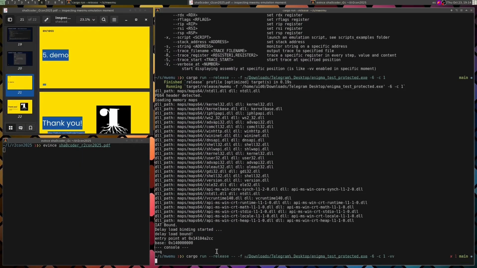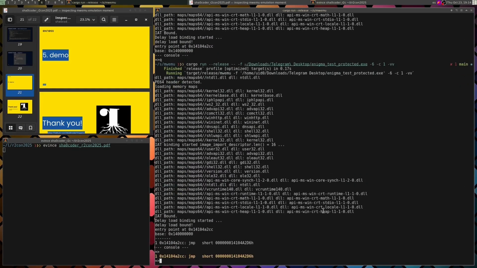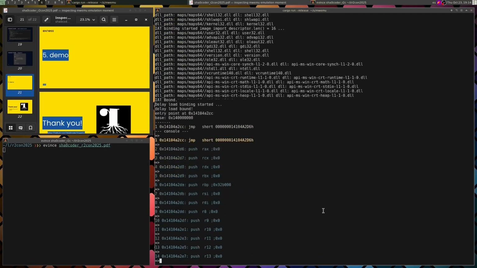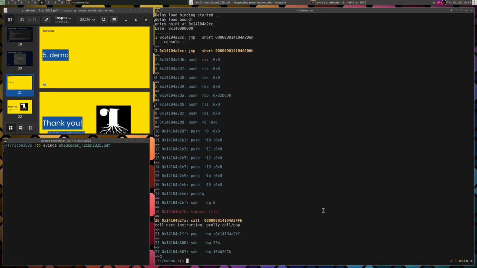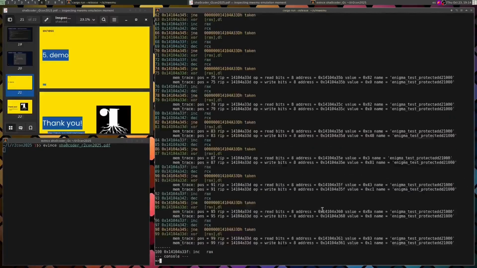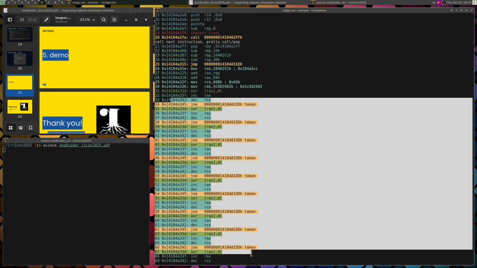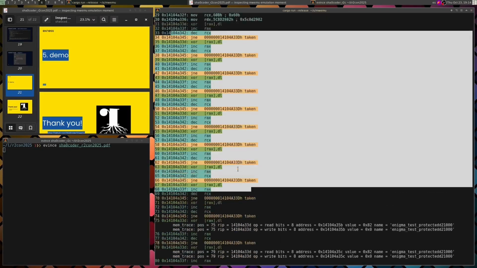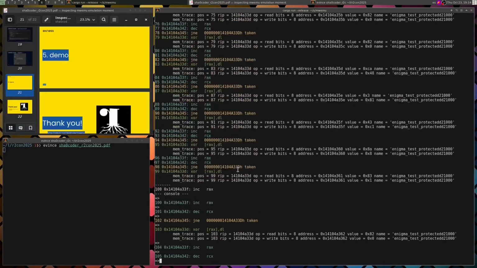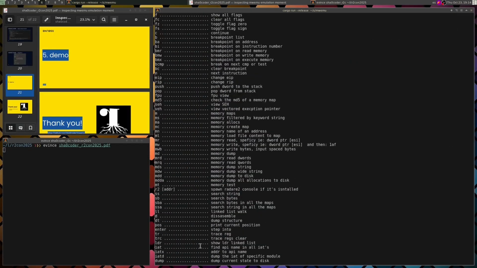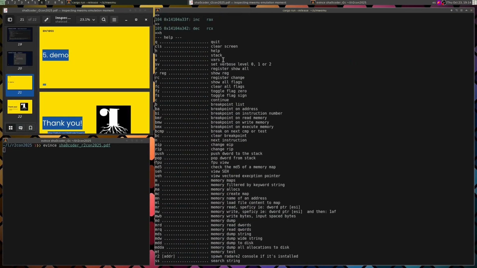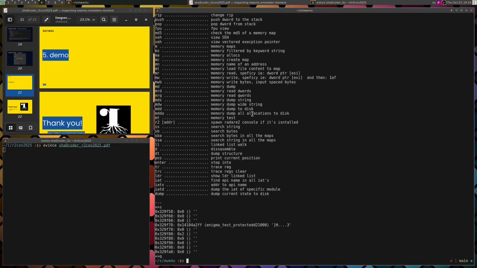Let's put verbose. And with enter I can do emulation like this. This is the initial loop. And well, we can do search and a lot of stuff, stack and well,